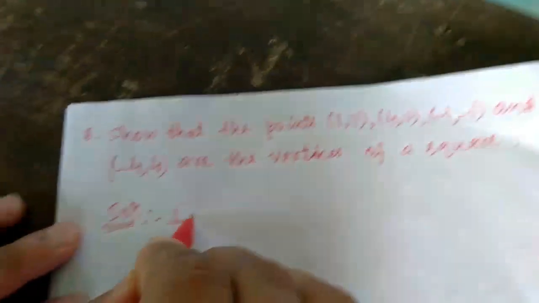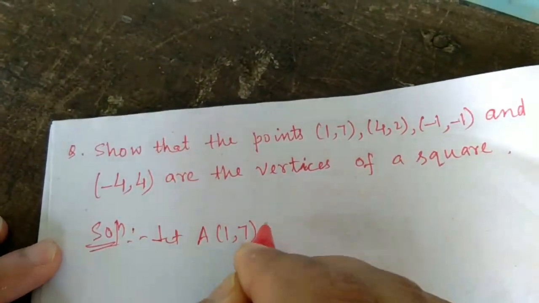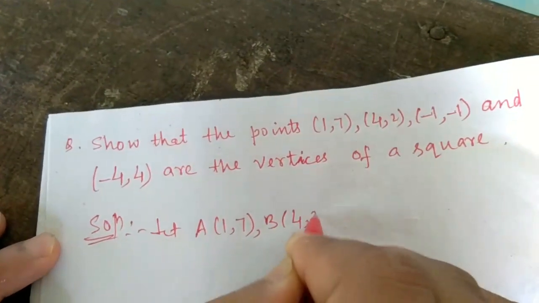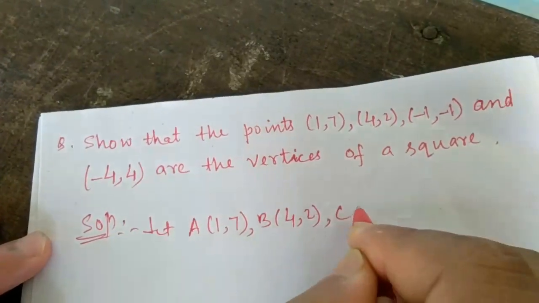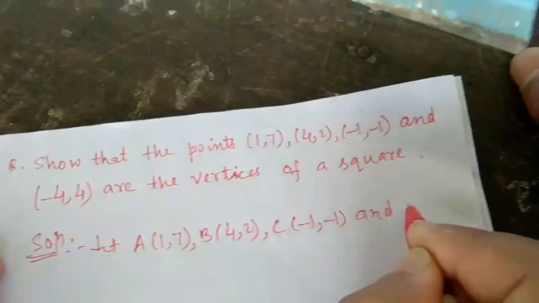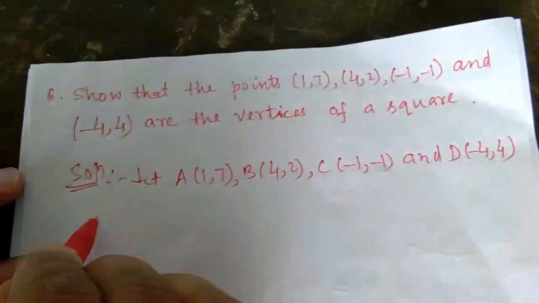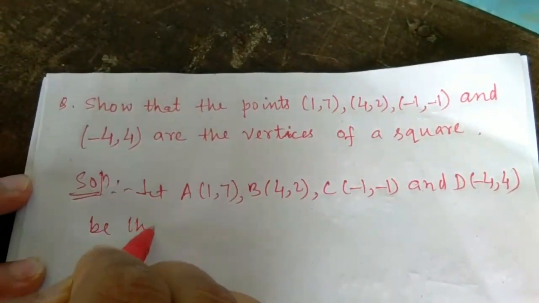So first we'll say that let A (1, 7), B (4, 2), C (-1, -1) and D (-4, 4) be the